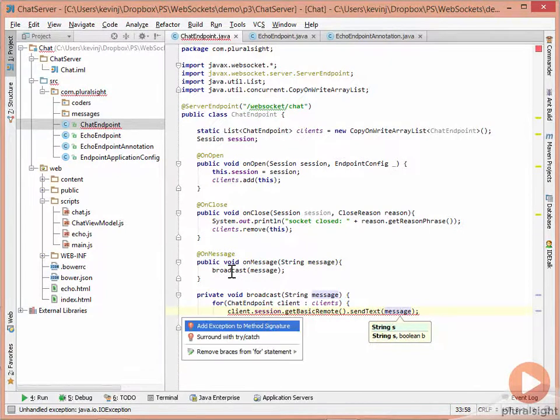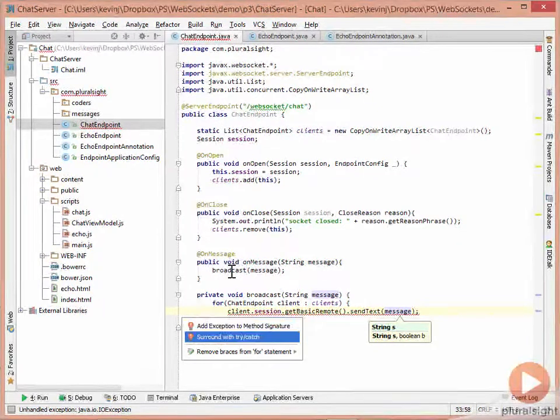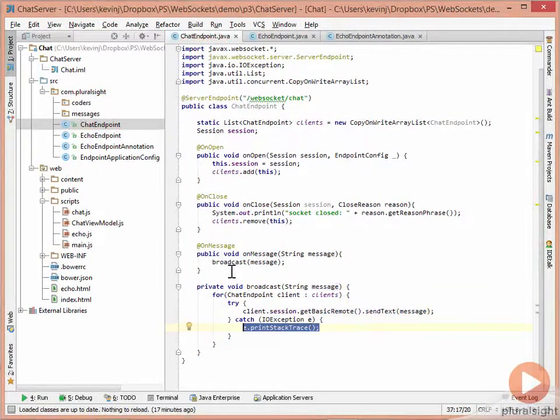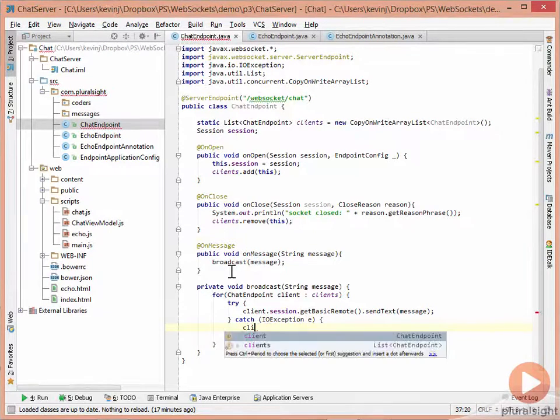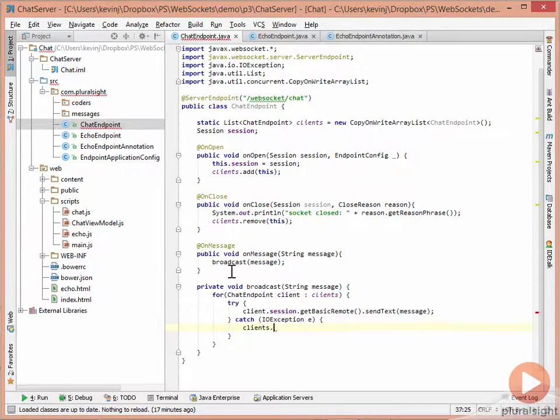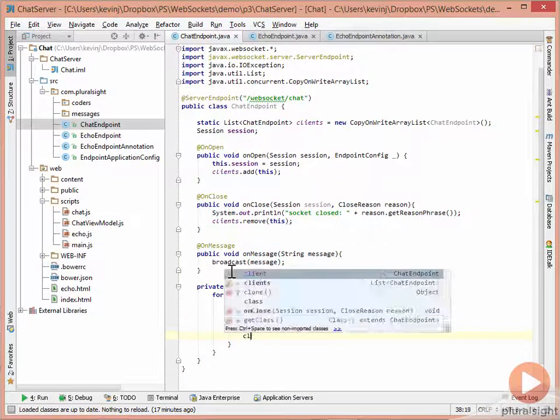Now we can't do that directly, as the send text method is going to throw an exception. So we can surround that with a try catch, and then inside the try catch, if there's an exception, we'll remove ourselves from the list. So again, we'll do clients.remove this, and then we'll also close